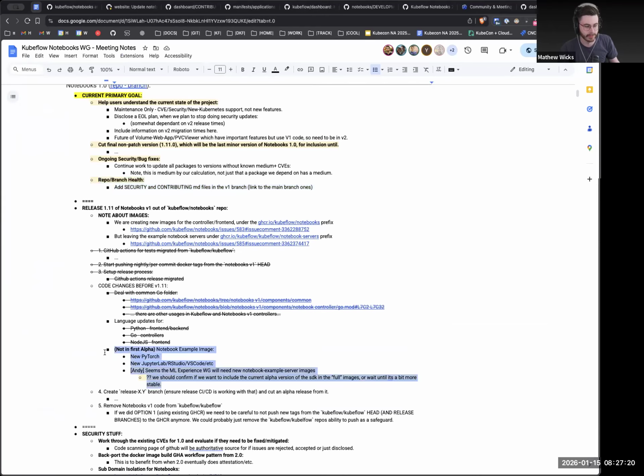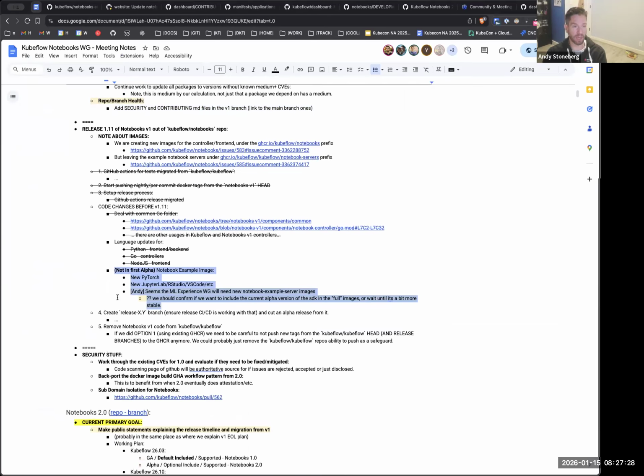Oh, yes, we do need to think about these notebook example images. That is one thing we will need to do, actually. And this one, again, we don't need to get into the weeds on this call. But I think in discussing in the past, Matthew, this kind of almost has to fall on you. It's wildly time intensive and we'll need it by this 2603 release. I can help you in any way possible, but by the end of this month, we probably at least need to have a plan, given your limited time. It's not fair to put it on you.